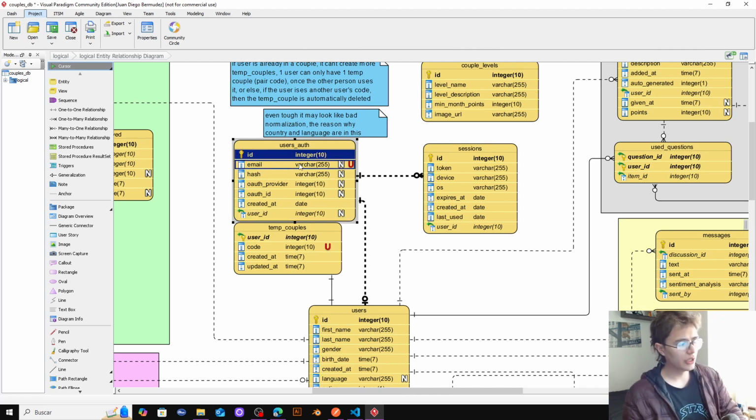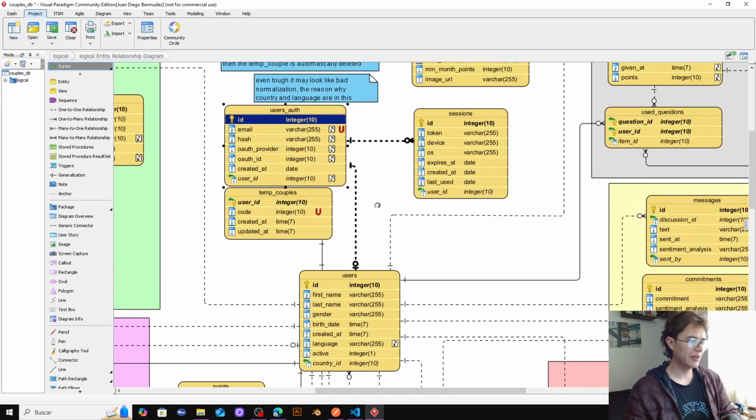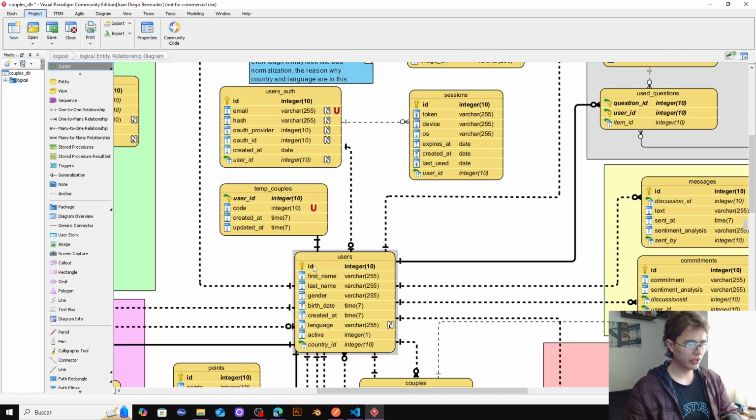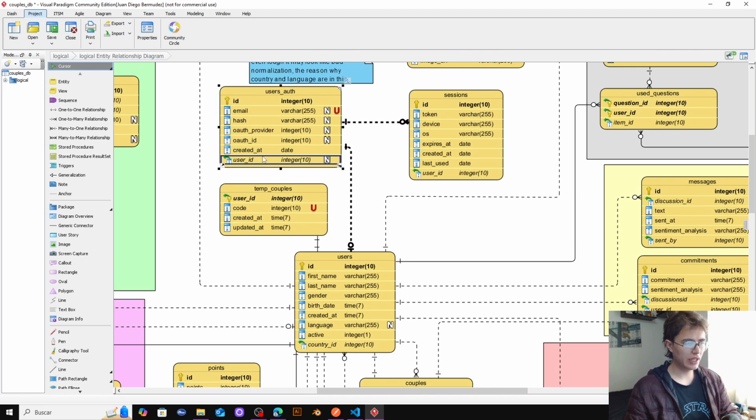Yeah, I got it. So the reason why this design is like this is because, how do I explain it? This user ID is not the primary key. As you can see, the primary key is a different one. The thing is that the application is a coupled application. However, the end user can, for instance, if